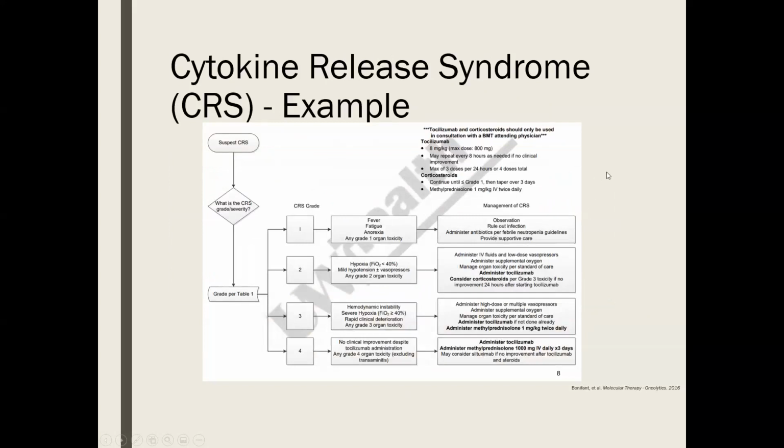Now, every product and every package insert is going to be slightly different, and our CAR T-cell guideline here at UW Health reflects that. But here's a nice graphical depiction of what you could potentially be facing based upon your patient. So a really good example, going all the way from grade 1 to grade 4 is, you're observing these folks, you're ruling out infection, you're starting antimicrobials per things like the neutropenic fever guideline and giving supportive care, all the way to you're giving things like low-dose vasopressors, you're giving potentially steroids or corticosteroids such as dexamethasone or methylprednisolone, all the way up to tocilizumab,